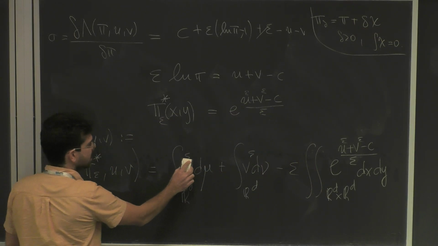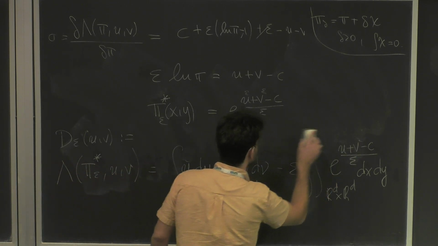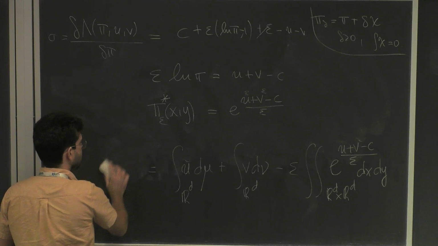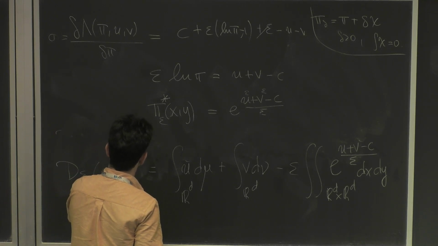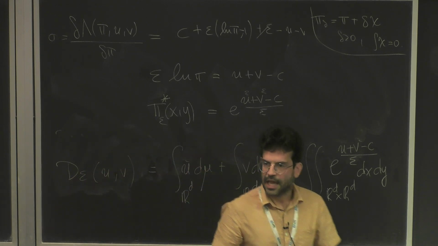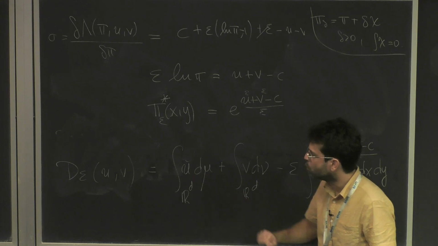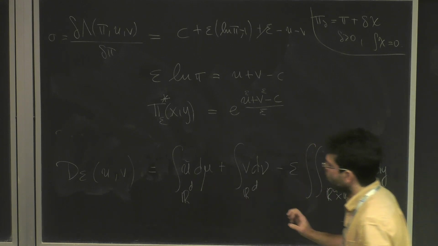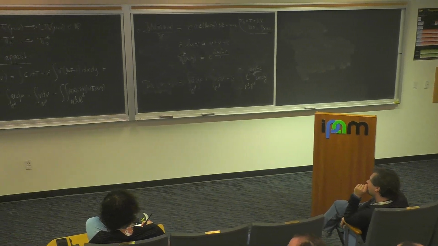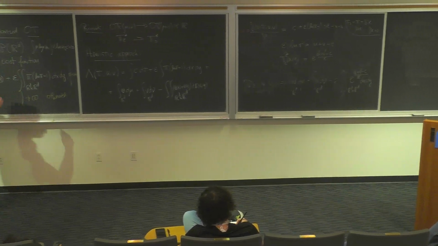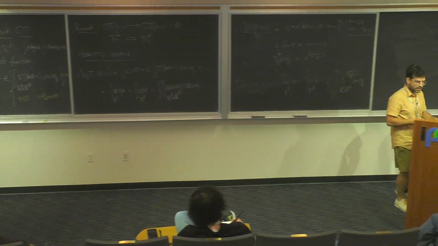But I could basically say, okay, let me now define for every U and V the dual functional. I'm defining the dual functional of U and V. Probably this is a nicer way of putting these things, so that when I plug in this one, this will be precisely the optimal one. Okay? So then I'm defining the dual functional. What I want to do here is to show in a very simple way the relation between this problem, which I'm going to call the primal problem, and the dual problem.